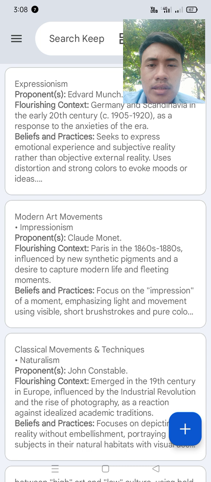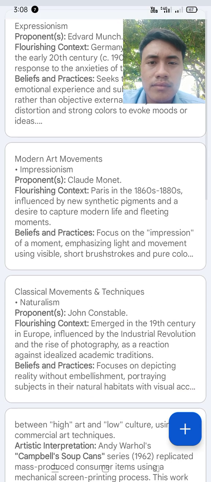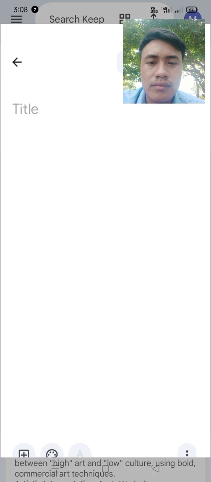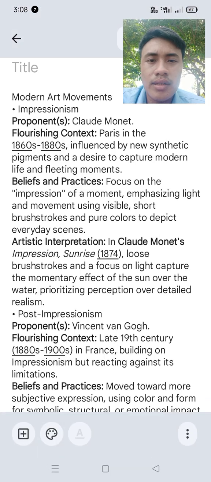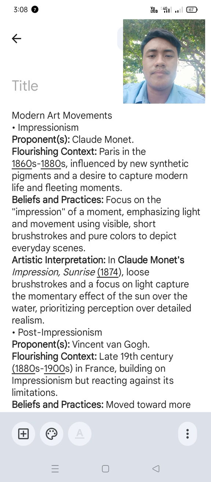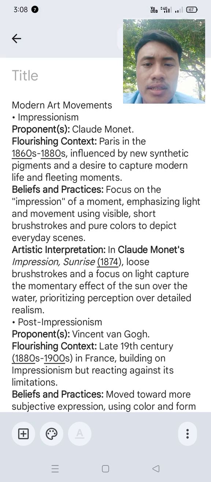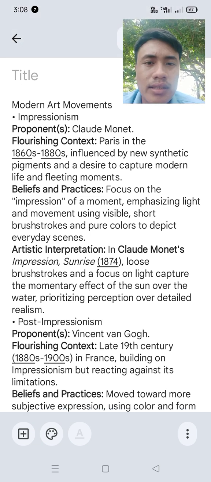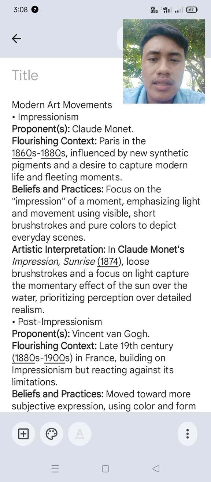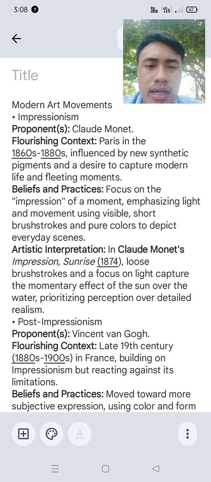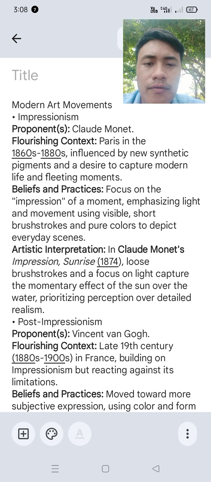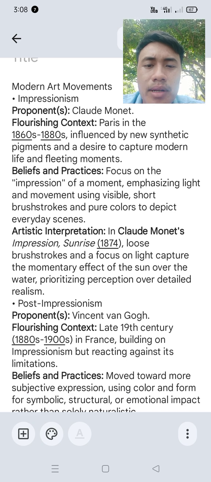So next is modern art movements. Impressionism. Proponents: Claude Monet. Flourishing context: Paris in the 1860s to 1880s, influenced by new synthetic pigments and a desire to capture modern life and fleeting moments. Beliefs and practices: